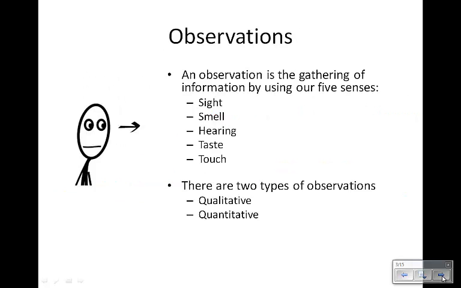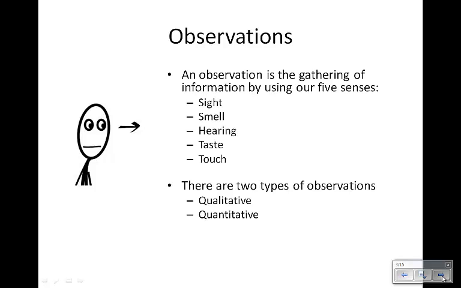An observation is the gathering of information using your five senses. So just now you used your sight to make observations of the stuff that was on the sides of the cube. You could also make observations using smell, hearing, taste, or touch. There are two types of observations: